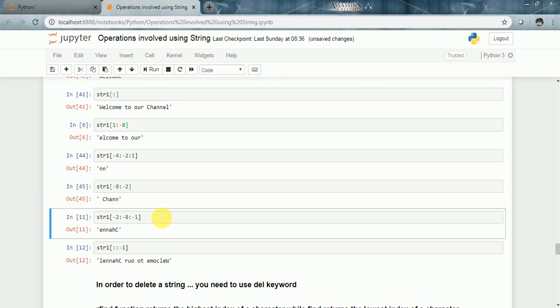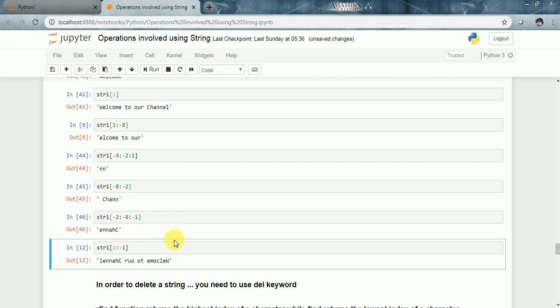So I hope this is clear here. Again, this is the example minus 2 to minus 8. If you want to go in this direction, you need to give a step value of minus 1. So this would work here. Now the last in the slicing part is, if at all you want to reverse the entire string,